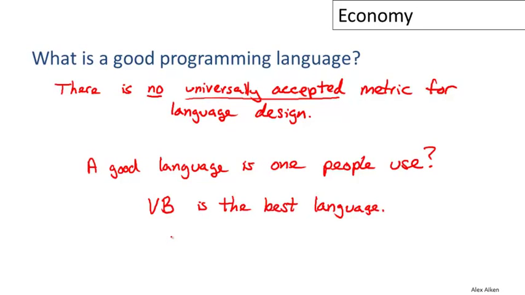And I have nothing against Visual Basic. It's a well-designed system, but I don't even think the designers of Visual Basic would claim that it is in fact the world's best programming language. And as we saw in the discussion that we just had, there are many, many other factors besides technical excellence that go into whether a programming language is widely used or not. And in fact, technical excellence is probably not even the most important reason that a language might be used.